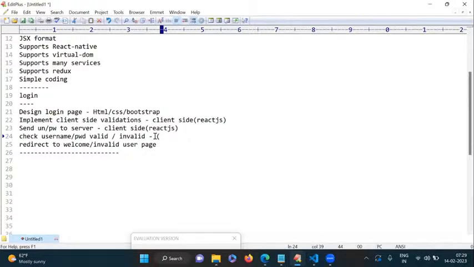In this point of view, the server-side program is executing. It connects to the database and checks whether this username and password are registered or not. Once it is a success, it means the username and password are valid. So from the server side, they send one value. If it is invalid, another value. Based on that, we navigate to either the welcome page or the invalid page. Then again, we are taking the support of